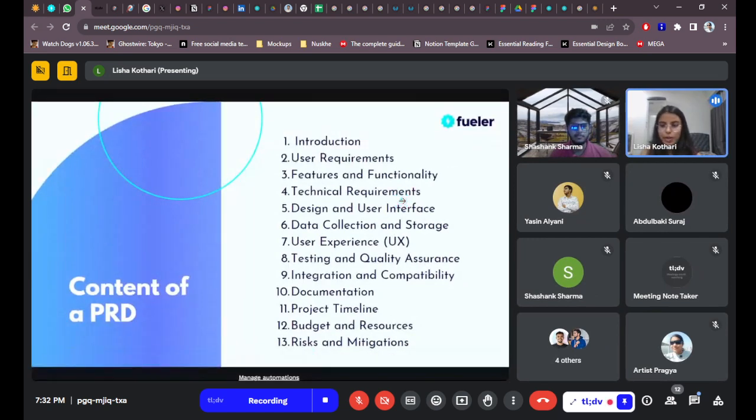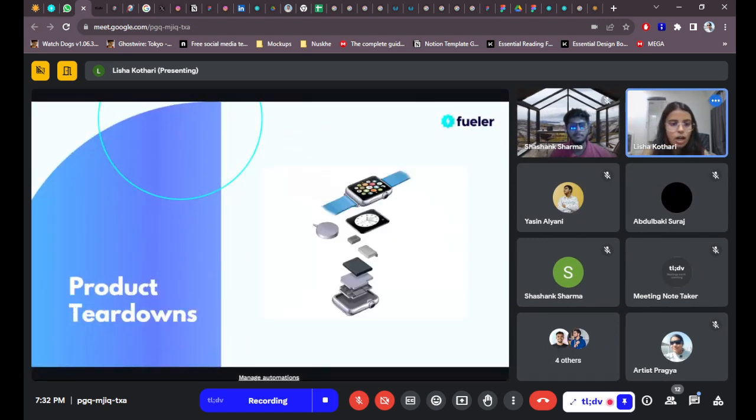Cool. So now that we have talked about PRDs, we can move on to product teardowns. This is something that I like a lot. Product teardowns is basically तुम कोई भी product उठा रहे हो और उसको तोड़ रहे हो. तोड़ रहे हो not in the literal sense, because most of us will do a product teardown of online products or digital products. तो तुम कोई भी product उठा रहे हो and then you're going into the depths of those products, कि भाई ये कैसे चल रहा है, इस product में ये क्या है,